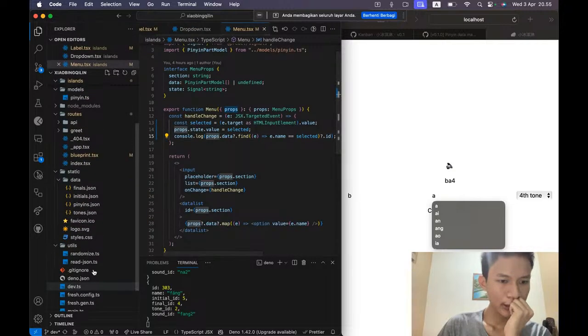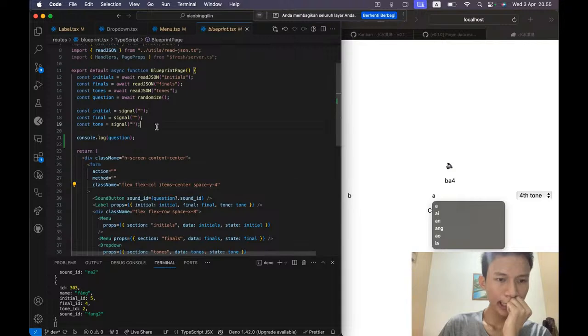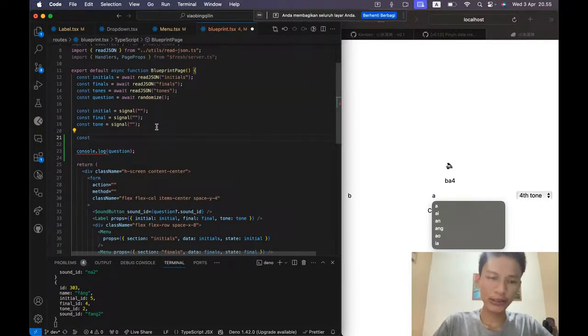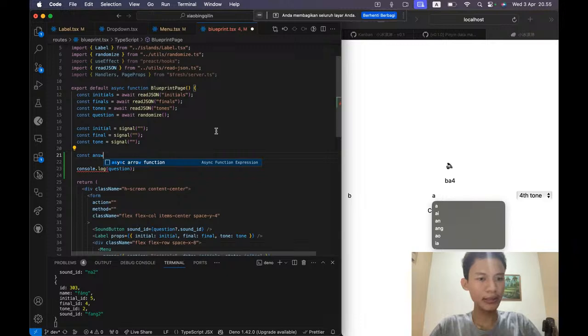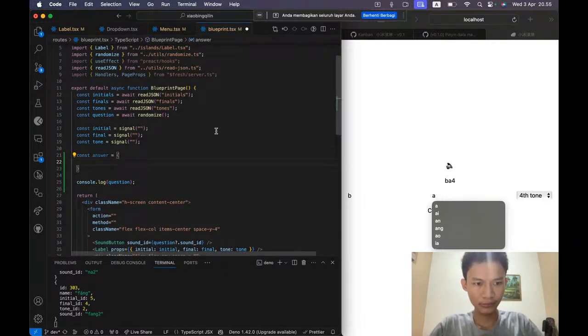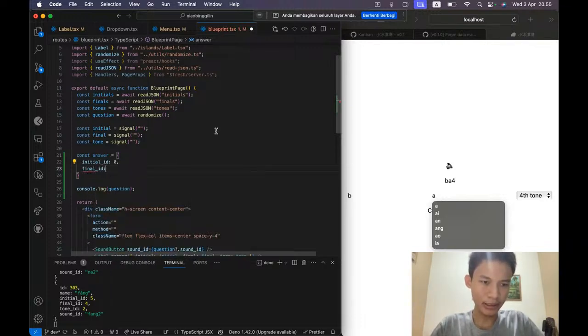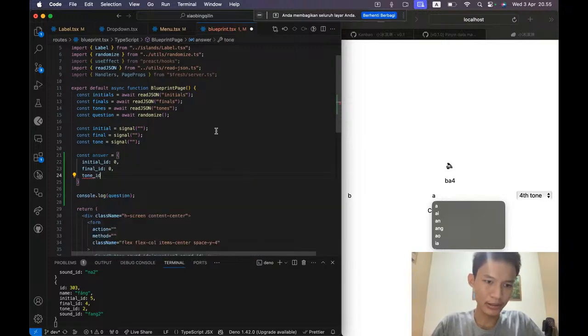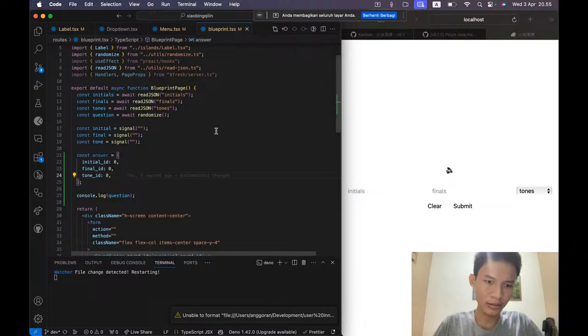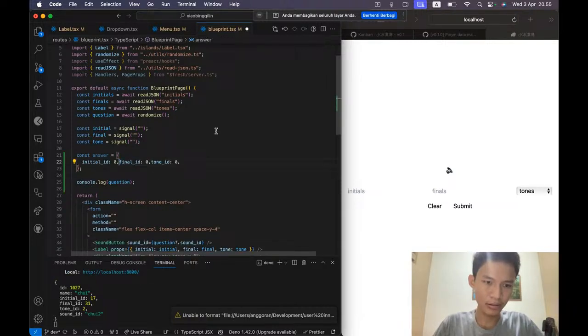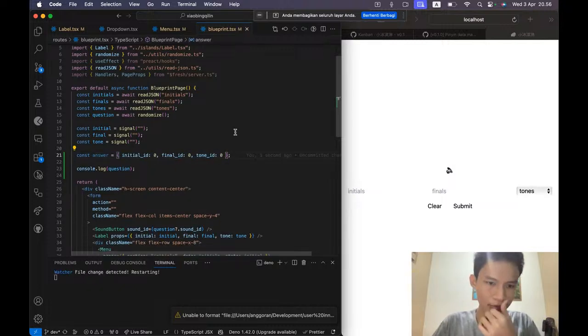Okay, let's see. Blueprint. Then we create an answer const. Should I name this const answer? Then initial ID zero, maybe. Final ID 0, tone ID 0. Just make it one line. Can I make it one line? Okay. Then